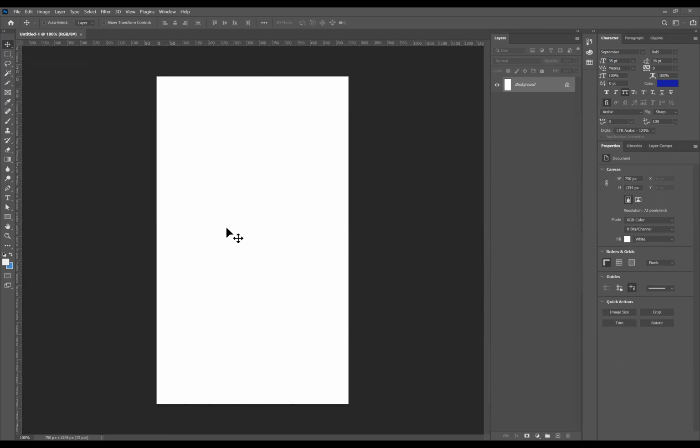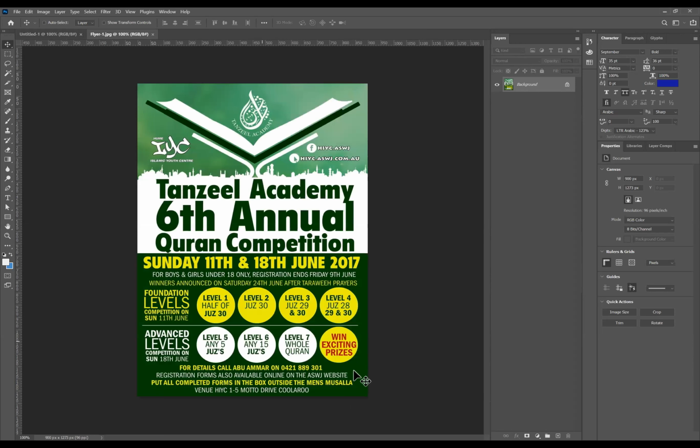Now before I start designing, as I had told you last time, let me show one of the flyers. See, this is one flyer designed by some Australian association. If you see, there are some standards maintained here.